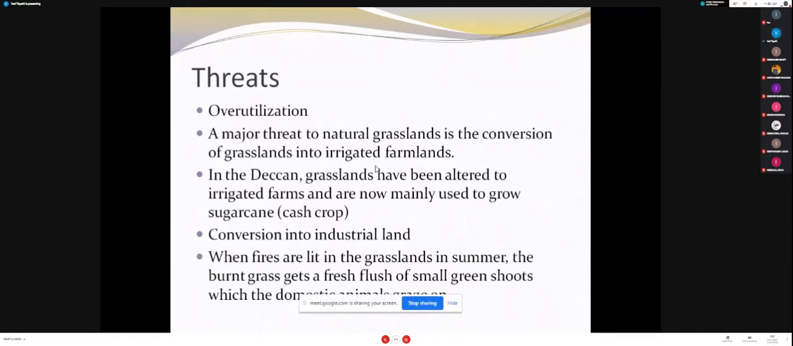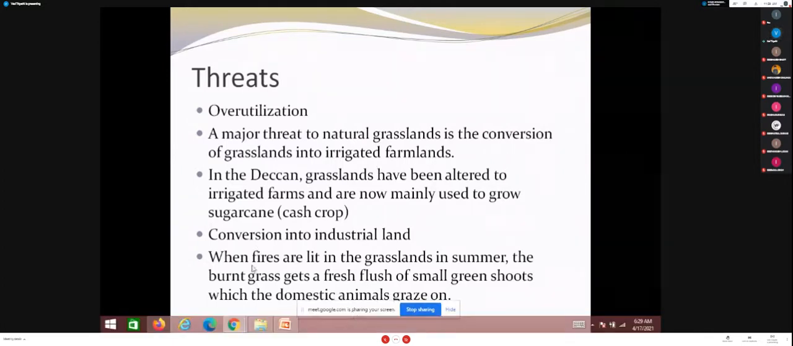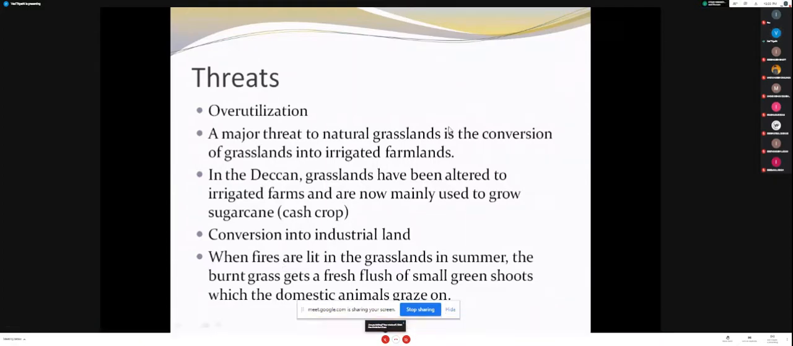And during small fires in these grasslands in the summer season, the old grass burns down and recirculates the nutrients into the soil where it can be absorbed by the new plants during the rainy season, that is the monsoon season. Okay,